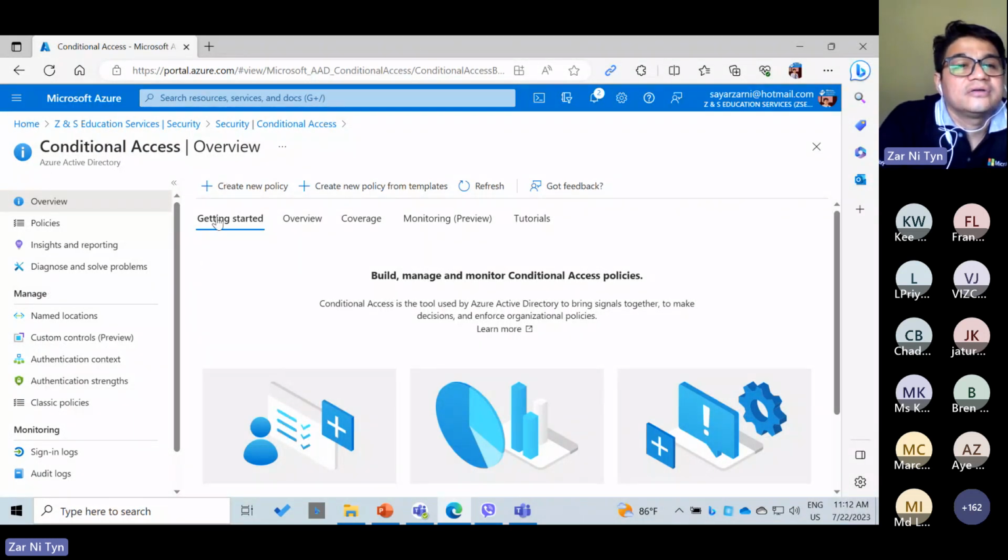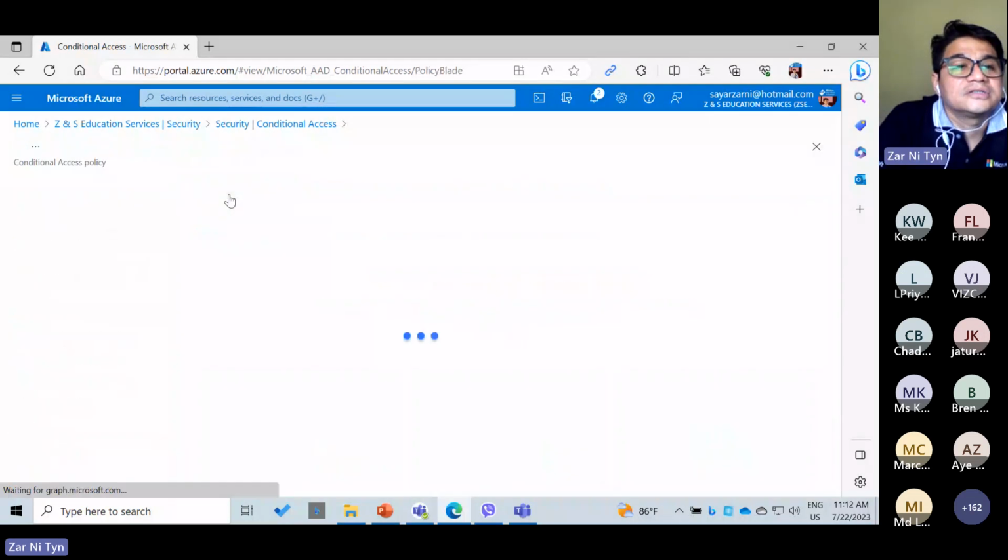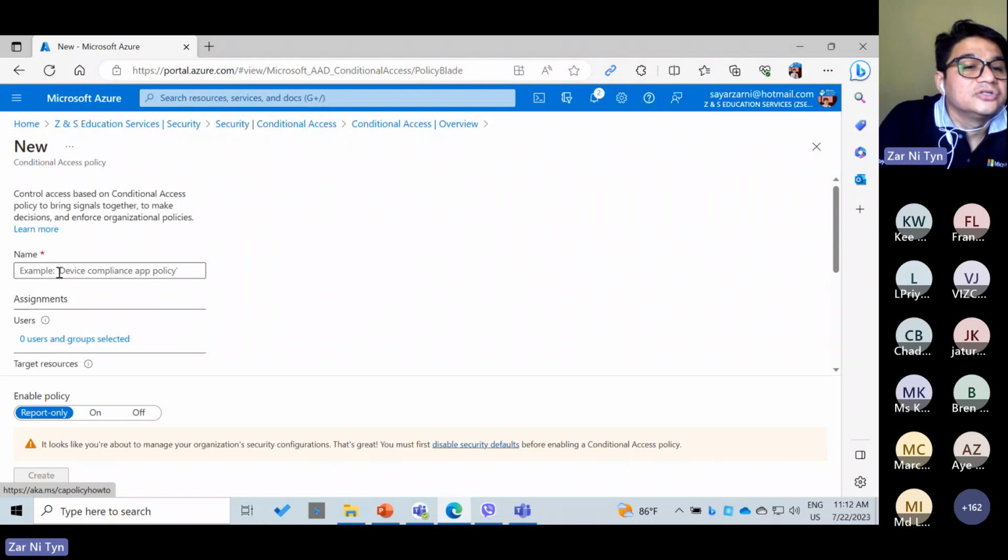First thing is you can create your conditional policy. Condition means the policy. I want to show you the if and then. Okay, and you can create the condition, create a new policy, and you must name it,